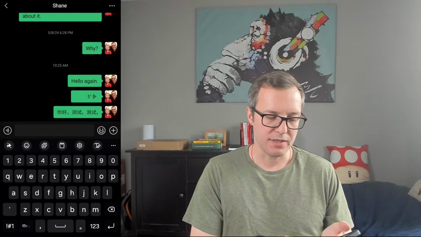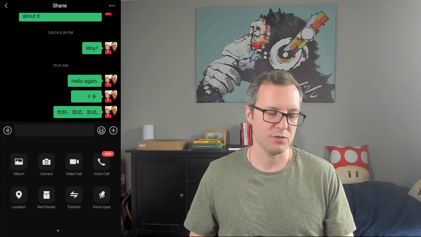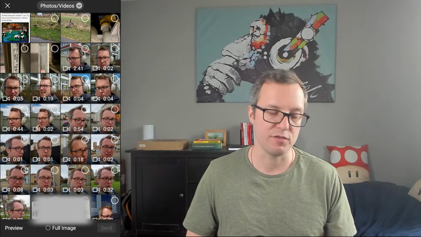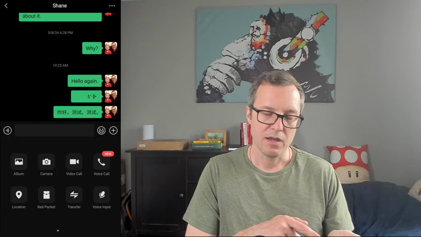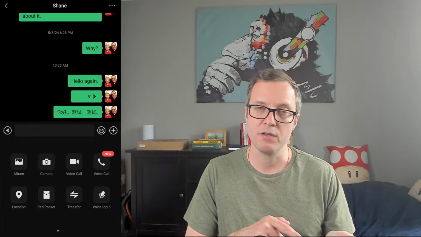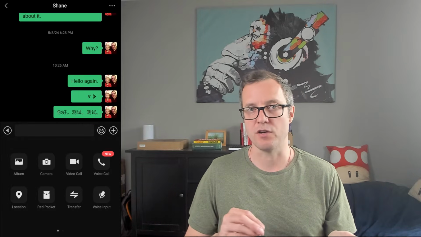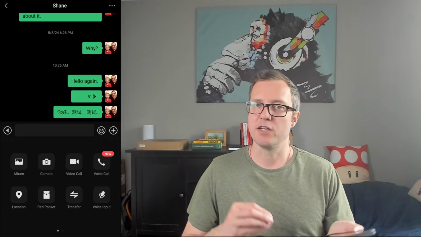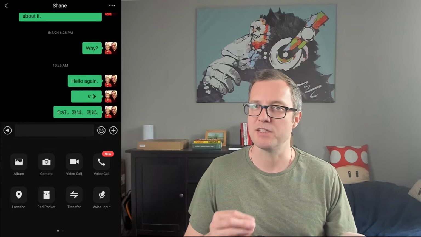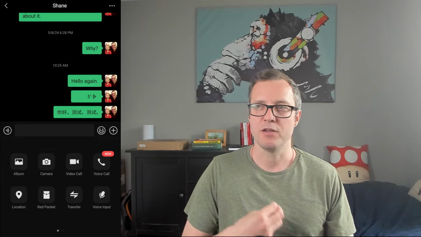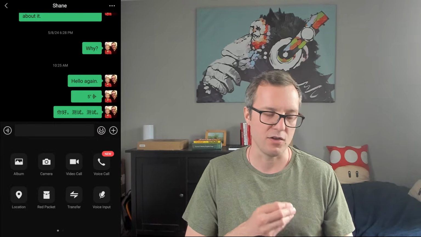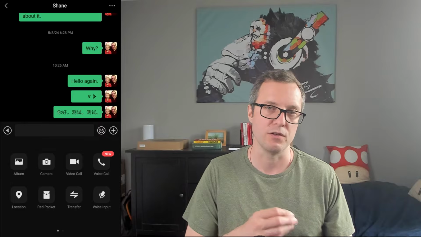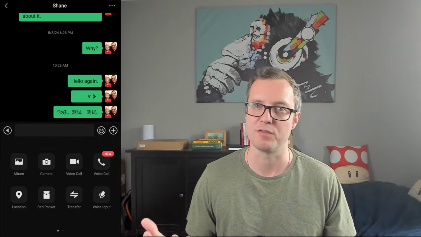Next, the plus button on the side gives me more options for things that I can do. I can provide a photo or video to him from my album. I can use my camera. I can start a video or voice call, and video and voice call features are very popular on WeChat too. Just like I said, you don't use email or SMS so much with Chinese people. You also don't use Zoom or Google Meet as much with them. They would usually rather talk on a WeChat video call or voice call, or at least that's just the default mode of communication for them.